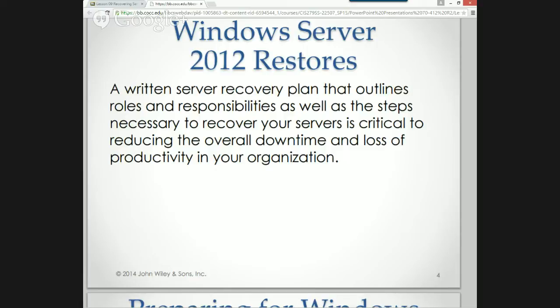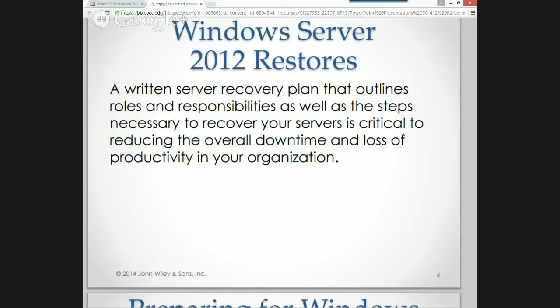So what would you do? And back in the day, there wasn't the ability to restore to different hardware. So consequently, you had to have two of the exact same boxes if you wanted to back up and test your restore.